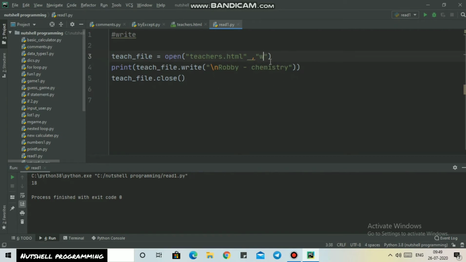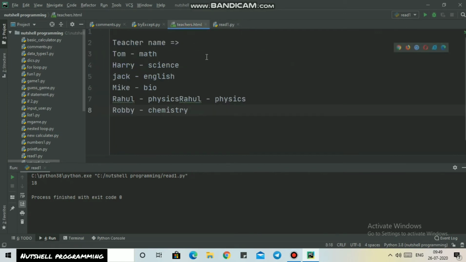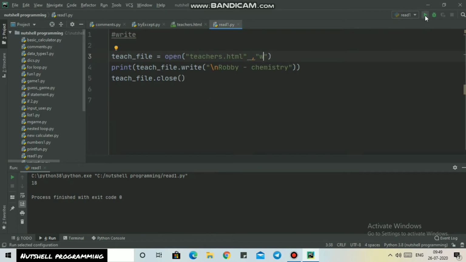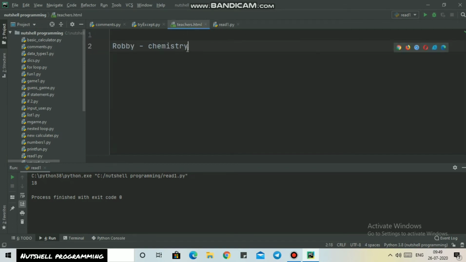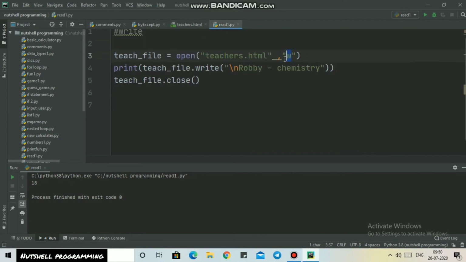Now I'm going to use the W, which is the write function. I'm going to run this program and show you what we have. We have all the teachers' names in the teachers.html. Whenever I run this, you can see what the write function does. Our new record, Robbie who teaches chemistry, got written in the teachers.html because everything else disappeared, because write mode overwrites everything.